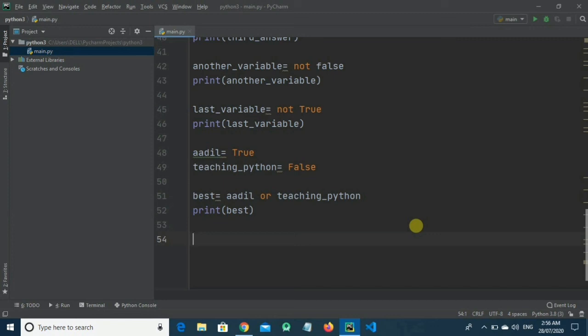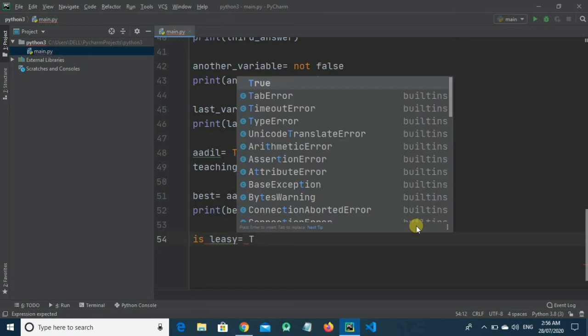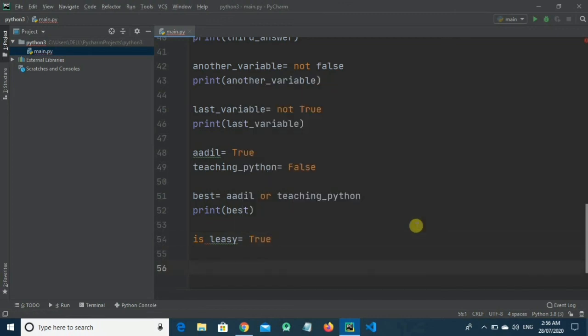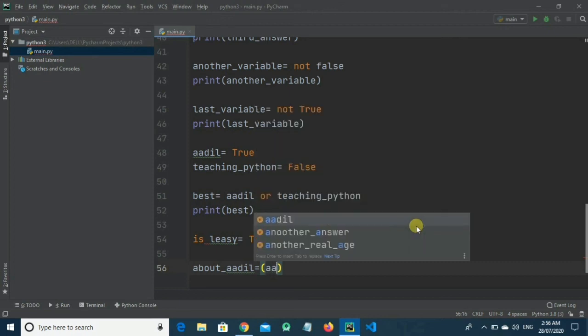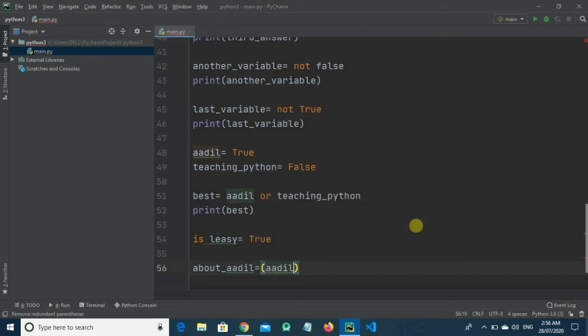Okay, we have seen that before. We can also compare three variables in Python at a time. For doing that we will need another variable. So let's name another variable is lazy equals true. Now we have to compare Adil, teaching Python, and is lazy, so we will need another variable, which we will name about Adil. First we will compare Adil and teaching Python, so let's write Adil and teaching Python under the braces, or is lazy outside the braces.